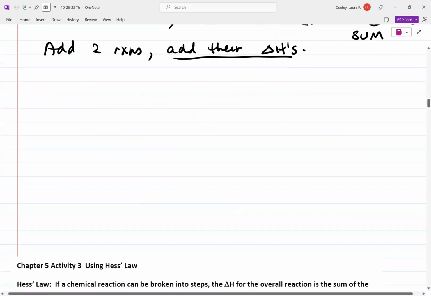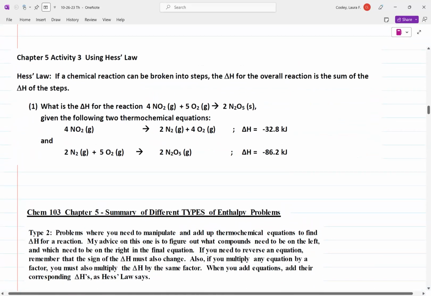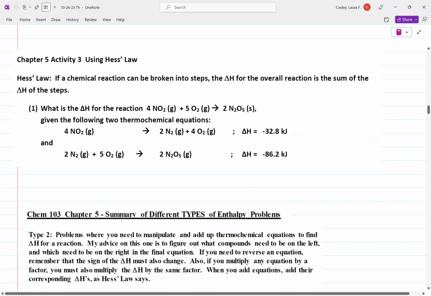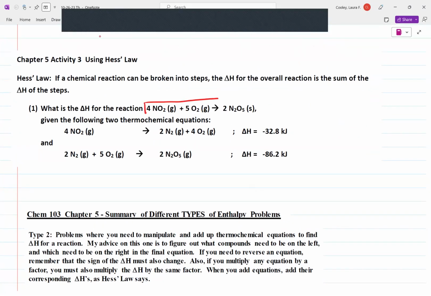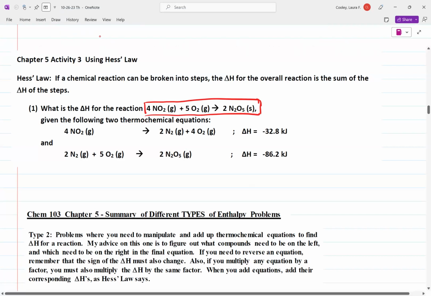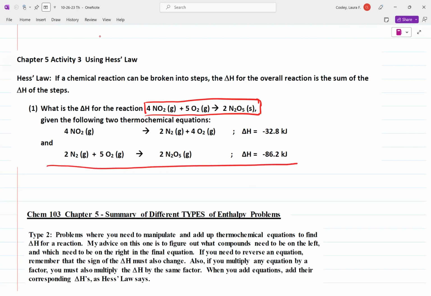Okay, so let's go to this activity 3, number 1. And I would like to figure out what the delta H is for this reaction. And I can't seem to find it in a book or anything, but I found these two reactions in a book. The reaction of 4 NO2s to give 2 N2s, 4 O2s, and I have a delta H. And then this other reaction between N2 and O2 to give N2O5. So I noticed that if I add up these two reactions, let's see what happens. So if you add these two reactions up,